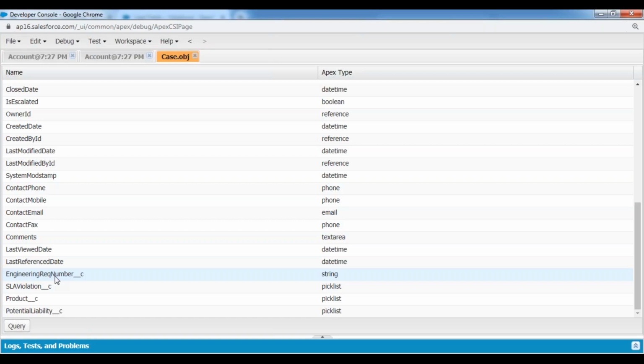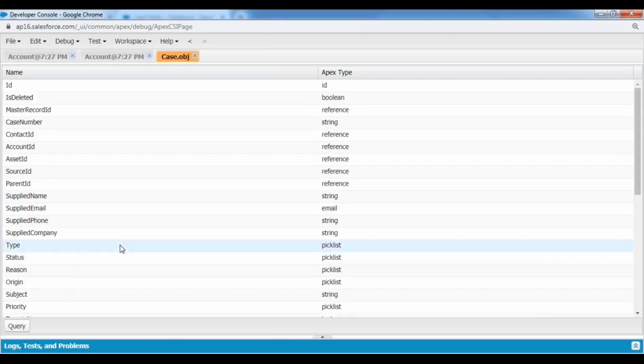Now, one more thing. Let me give you the most important point. Whenever you want to see the columns information of the object, come to the developer console. Don't go with the standard fields, don't go with the view fields option inside the force.com quick access menu. Why? Because those options will not provide the complete fields information. They give very few fields. If you want to see all the fields information in one shot, then come to the developer console. Developer console is the best option to see the actual columns information of your object.